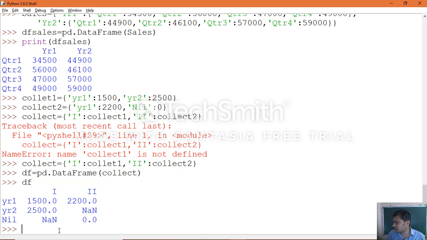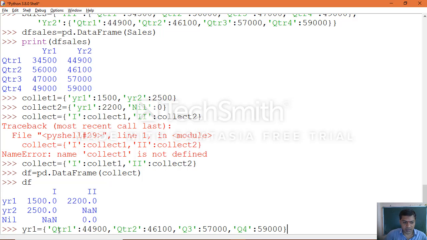Now there is one more example that was given. year1 equals quarter1, the value given 44,900, comma, quarter2 46,100, comma, Q3 quarter3 given 5,000 57,000, comma, Q4 the value given 59,000.